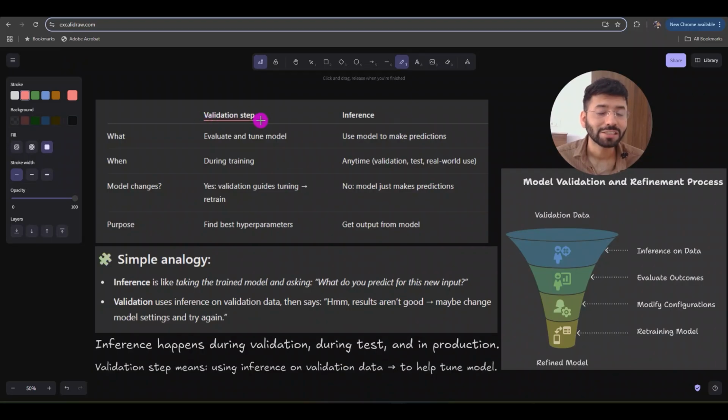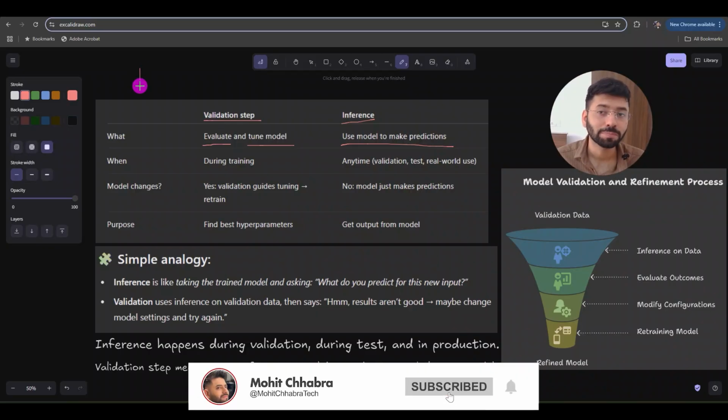Basically in the validation step of data split, we used to evaluate the model and also tune the model. So some of the hyperparameters or the settings we used to change. But in inference we just use the model to make the predictions, we are not updating any of the settings. The validation step in the split used to happen after the training.